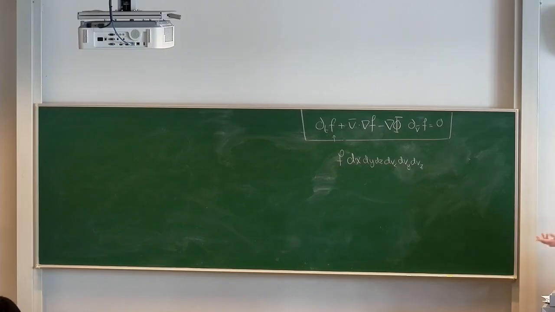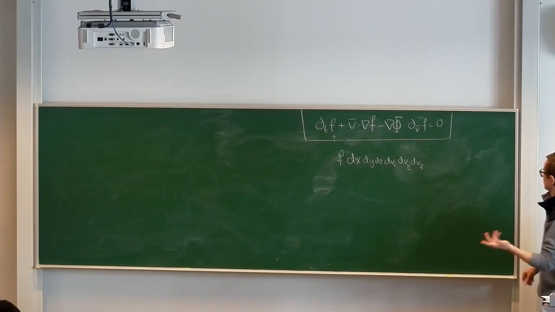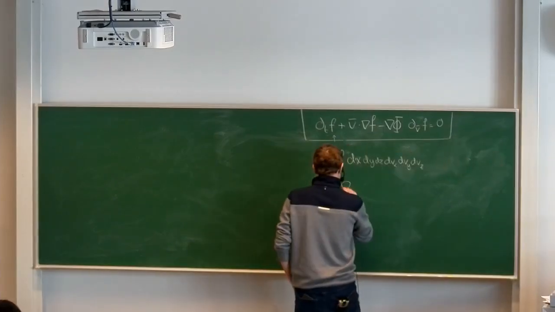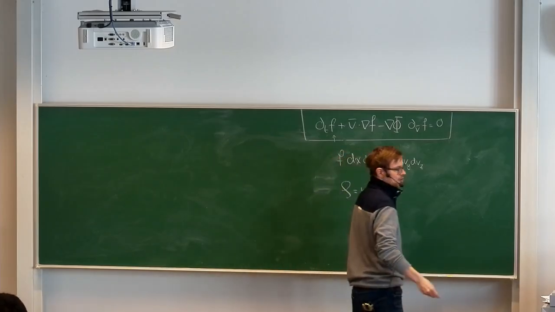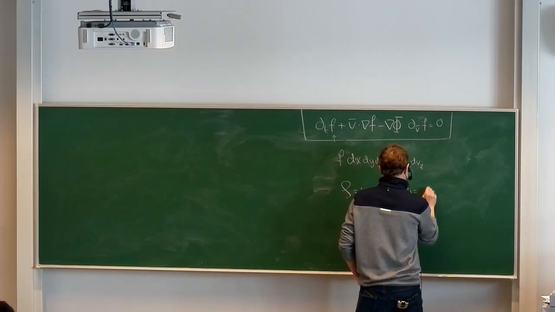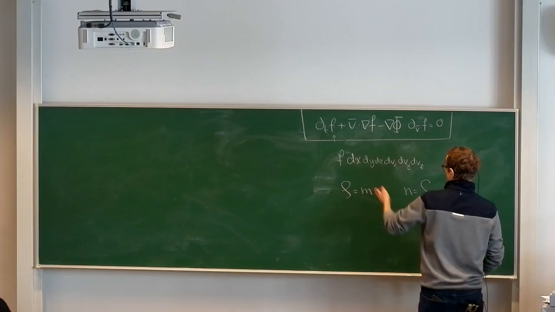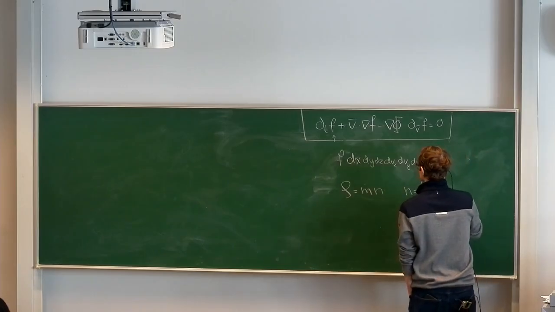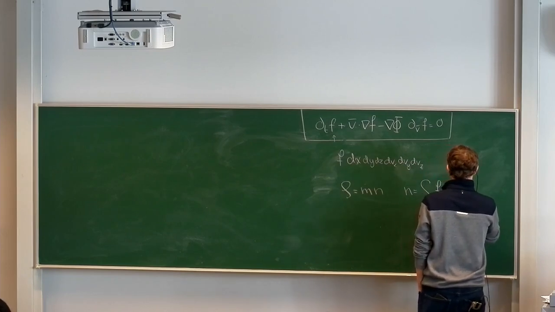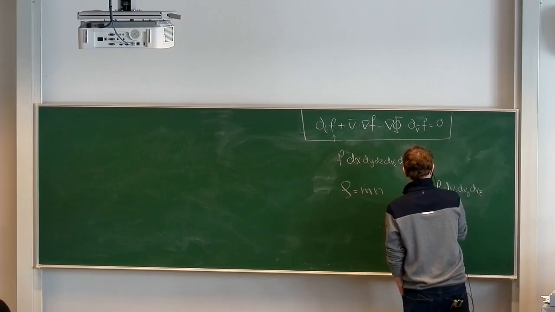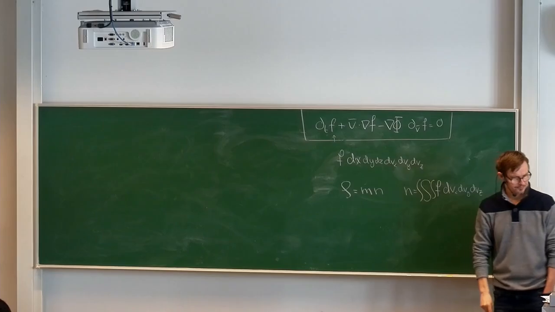So from this, we can define the mass density as the typical mass of the particle times the number density, where the number density is the integration over all velocities of the distribution function. So you integrate over vx, vy, vz. So this is really a triple integral, of course.